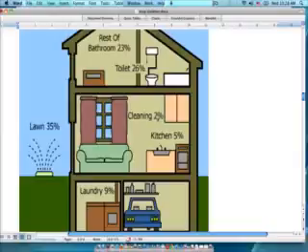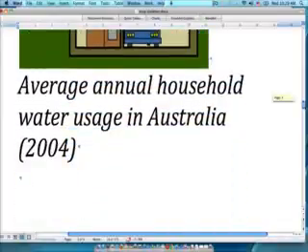Cleaning, 2%. Kitchen, 5%. Laundry, 9%. So as we can see, there's basically 3 different ways in which water is used if we group them together. The bathroom, which makes up almost 50%, the lawn, which is 35%, and then other household uses, which make up roughly 15–16% if we group them like that, and that's how we're going to report them in our response. So there's the diagram. Now let's continue on to the